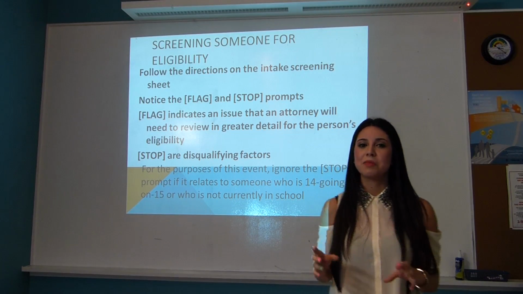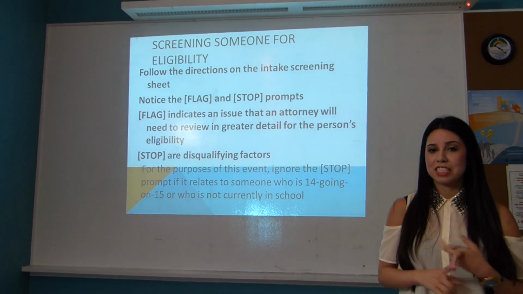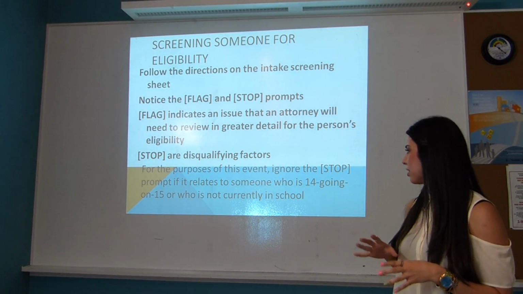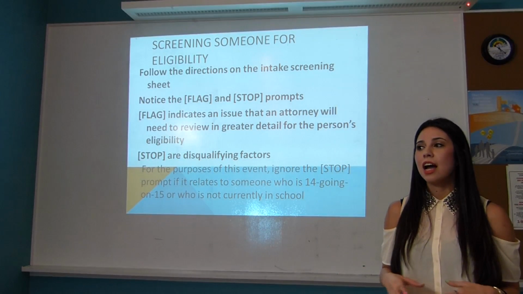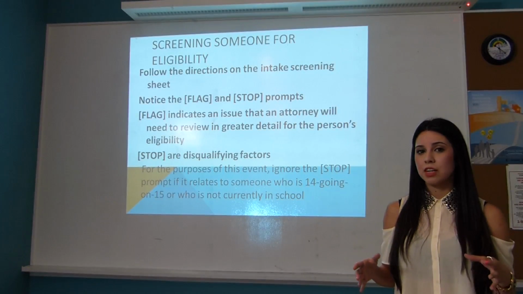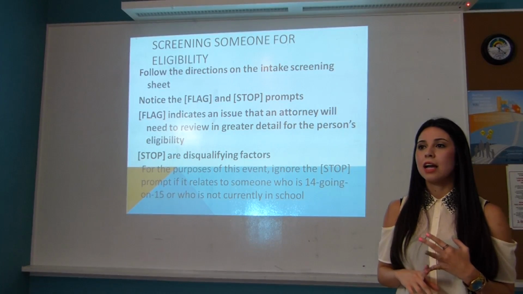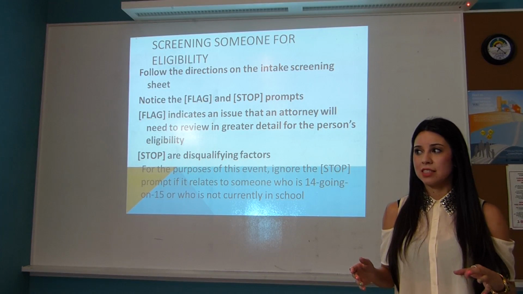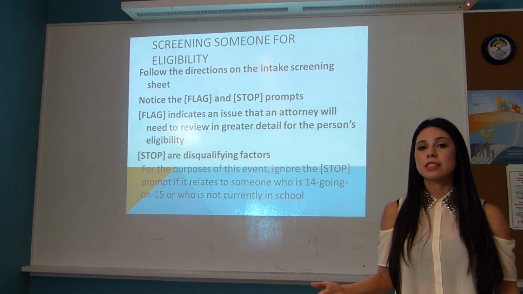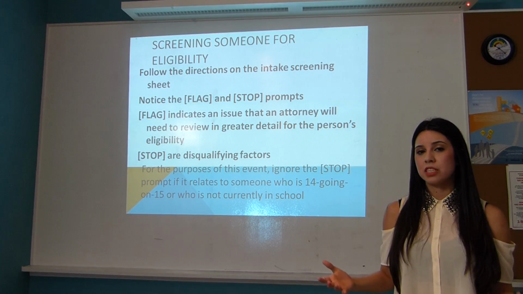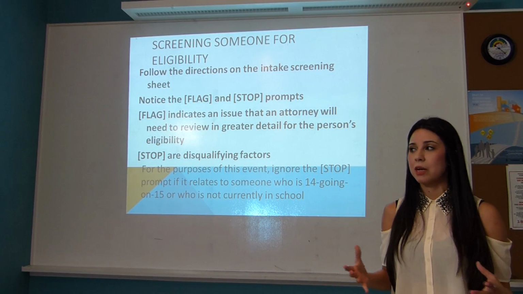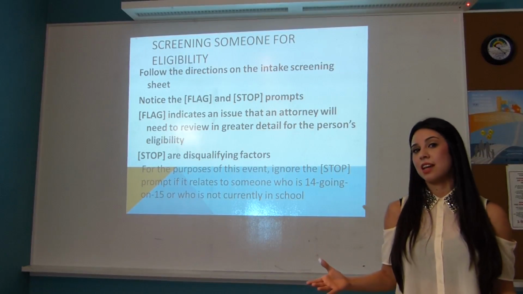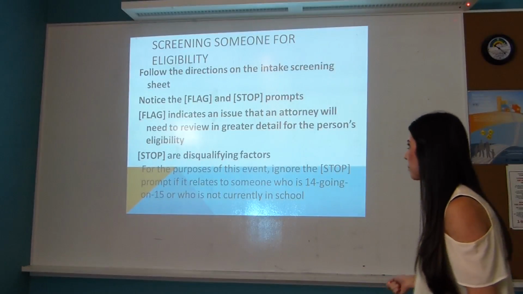Okay, so if there's a stop sign for someone who isn't currently 14 or 15 years old, but they're in removal proceedings, just ignore it. And also, if someone isn't currently in school, we can still go ahead and do the intake if they're not involved in any sort of program. If they still qualify, meet all of the other requirements for DACA, we usually like to advise them if they want to enroll in some type of GED program or other educational program. Then it's up to them, but they would need to do that in order to qualify for DACA.